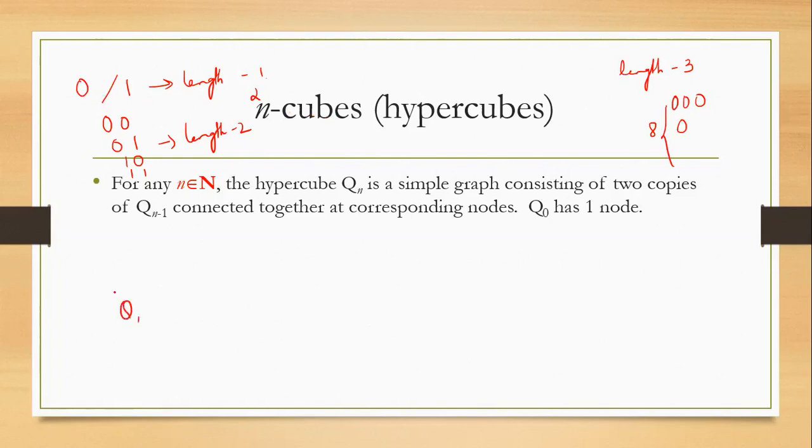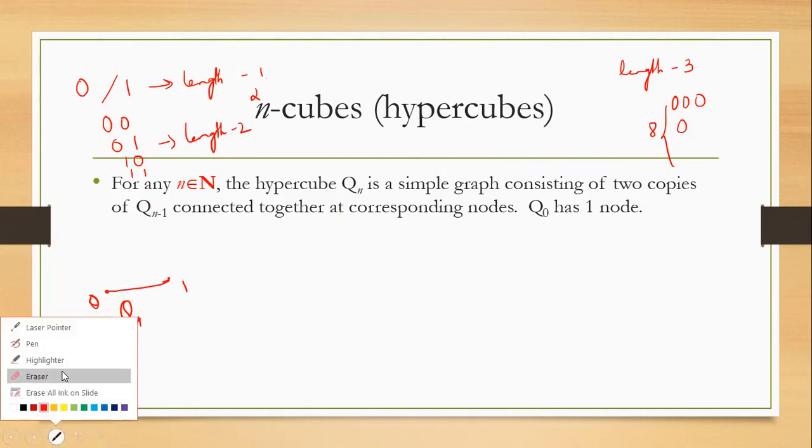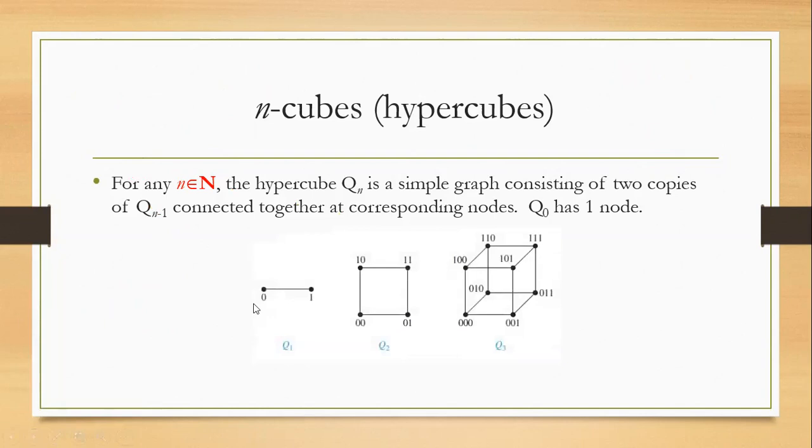So for Q1 it will denote two vertices, 0 and 1, and the edge will be joined in such a way that two vertices will be adjacent, or have an edge between them, if the bit strings that they represent differ in exactly one position. From 0 we are going to 1, so here they differ in exactly one position. Now we will look at the next example, as it will be easier to understand. So we have 00, 01, then 10 and 11.